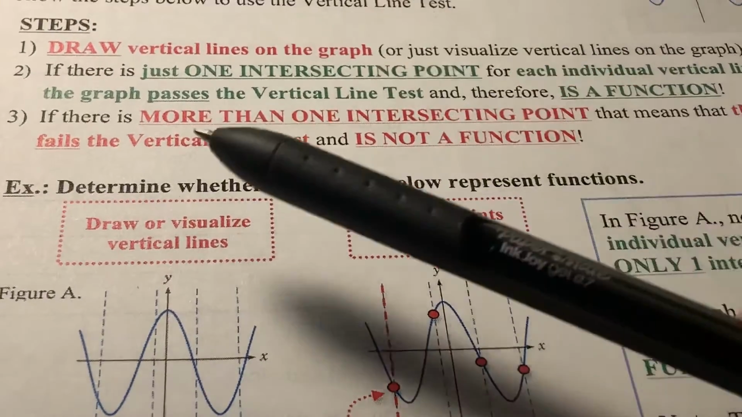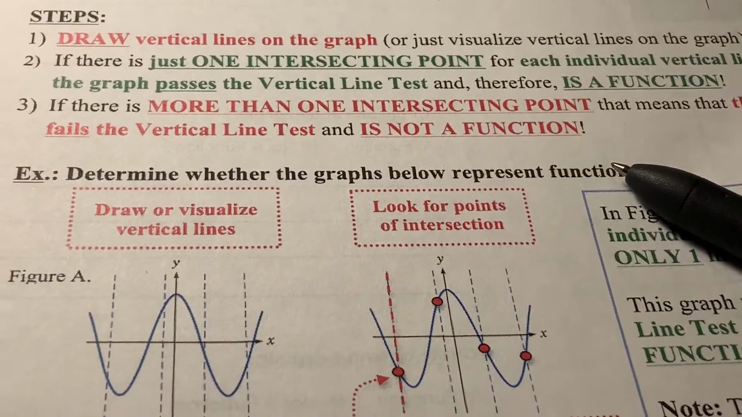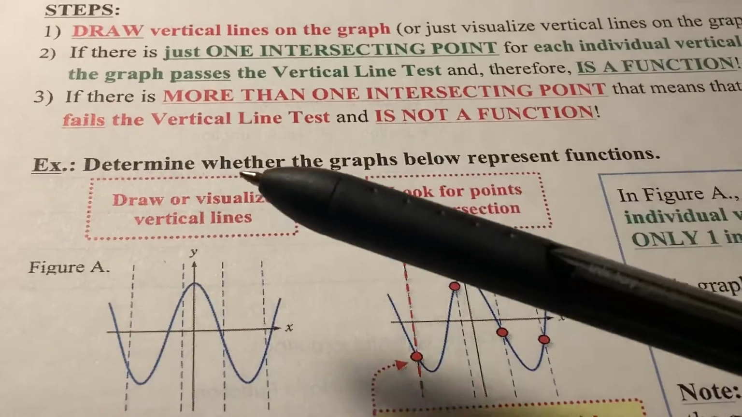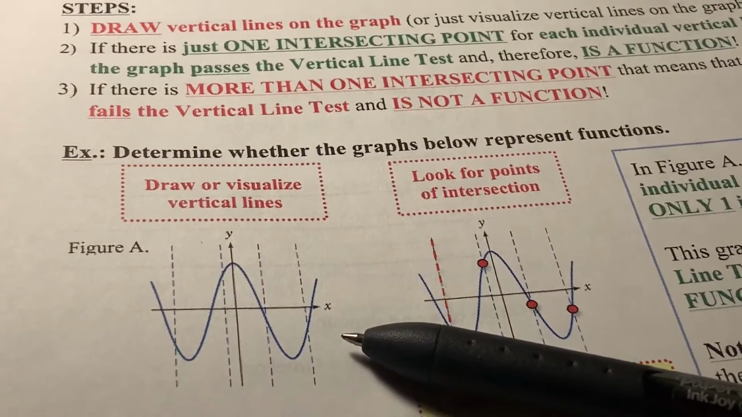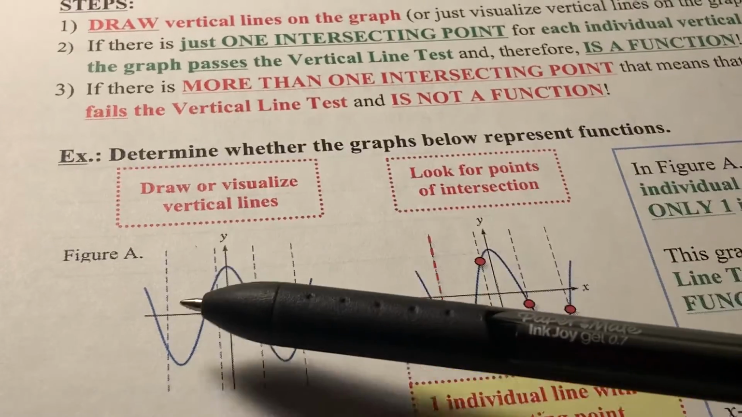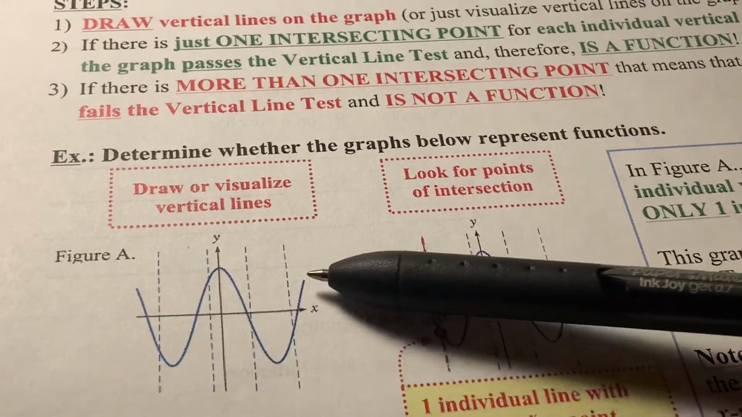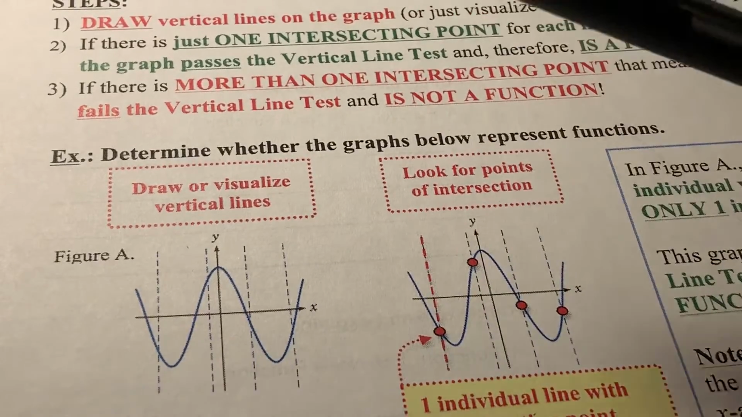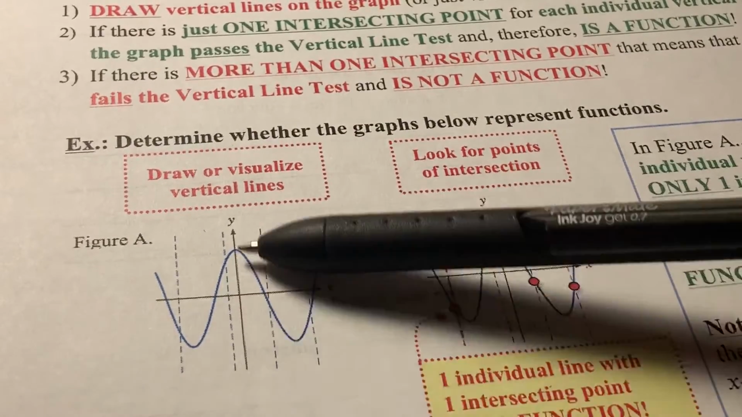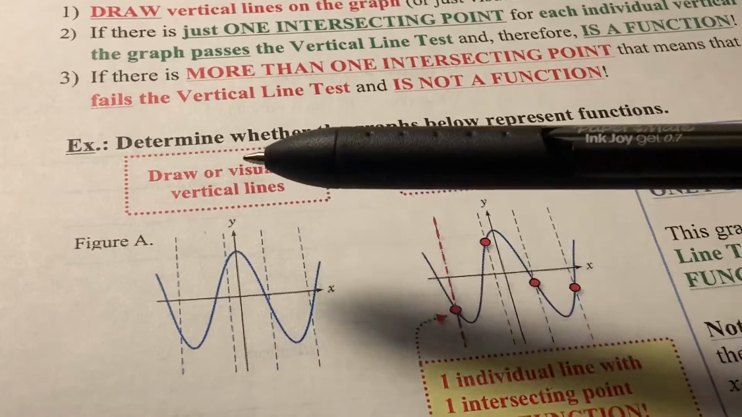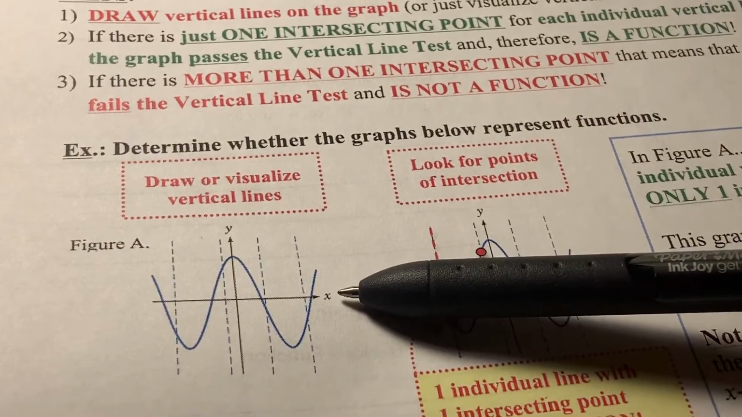Here we go. Determine whether the graphs below represent functions. Let's look at these examples. Here's figure A, the same figure that was up here. Here's figure A, coming back. Notice this is a graph on what's called a coordinate plane, all right? A coordinate plane is always marked by a vertical axis called the y-axis and a horizontal axis called the x-axis,